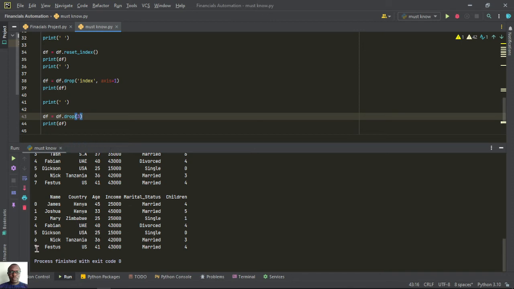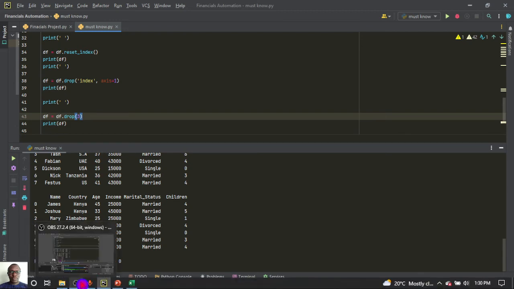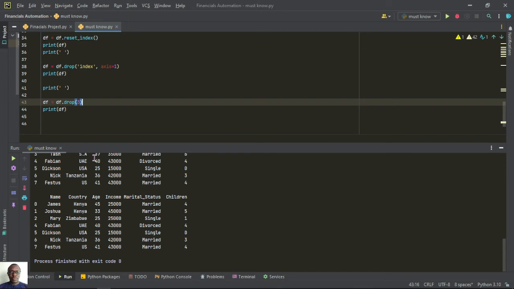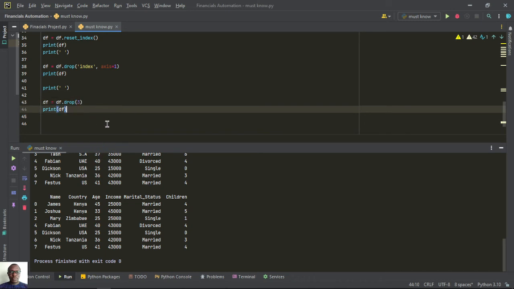And what else can we talk about? So you see now we can change the values of a row, drop a row, add a row, reindex a column. What else? We can also determine the number of rows that we have. Let's say maybe you had quite a big data set and you want to know the number of rows that you are having. So you can come down here and say